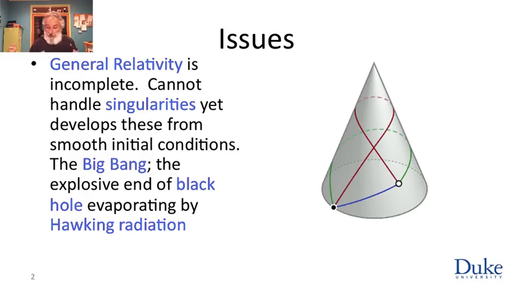Well, a very good example of a singularity is this cone. This cone can be obtained by taking a piece of paper. I have my demonstration piece of paper, and on a good day I can fold this to produce a cone if I'm not thinking about it. What this shows us is that I can make a cone out of this without tearing the paper or stretching it, so a cone is actually a flat space. It has zero curvature, so relativity on a cone should be pretty straightforward.